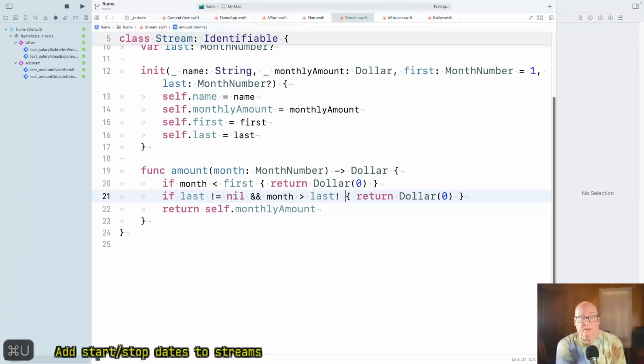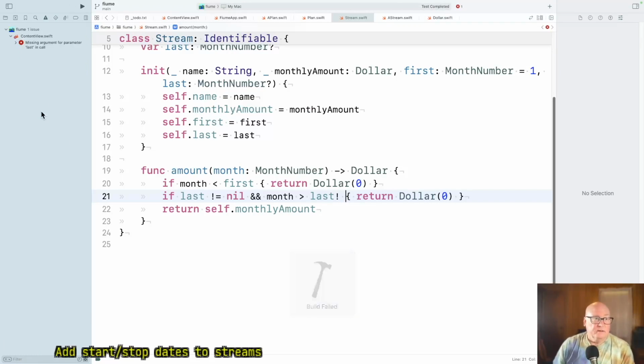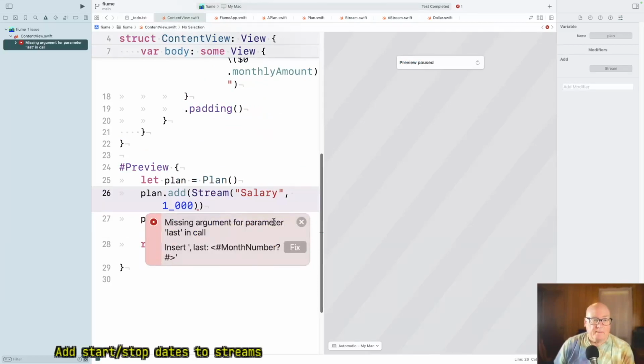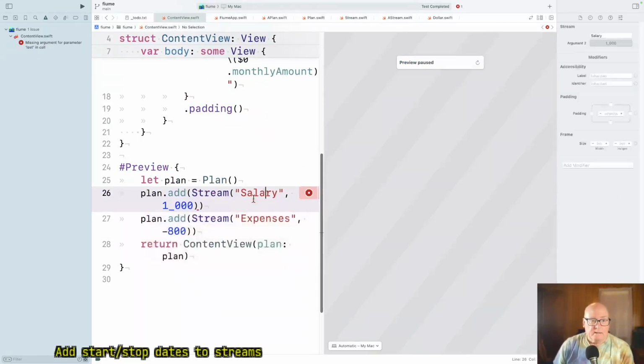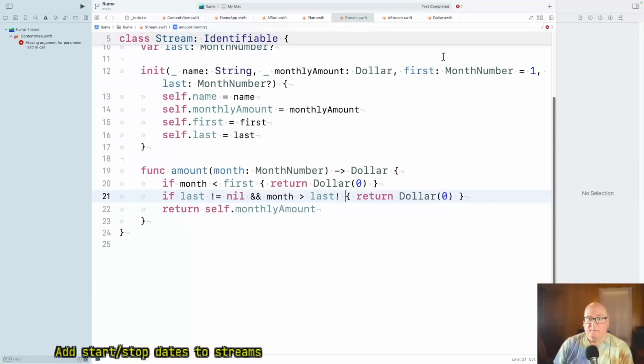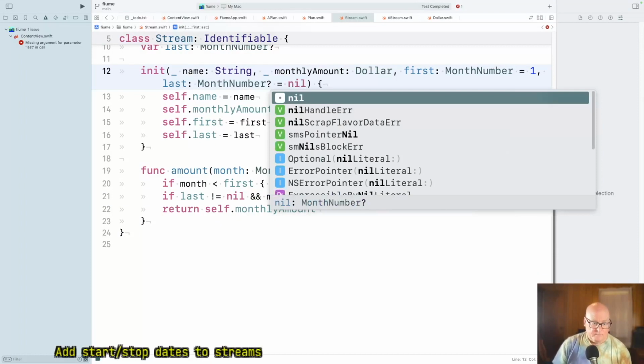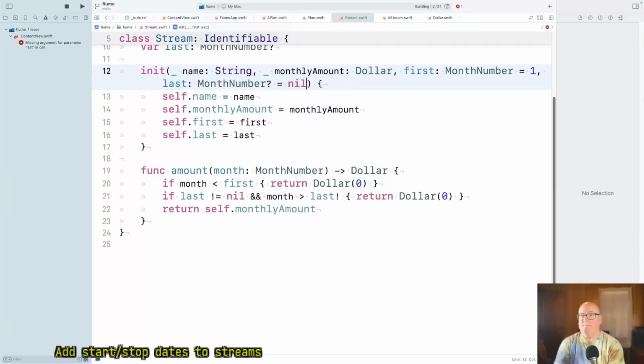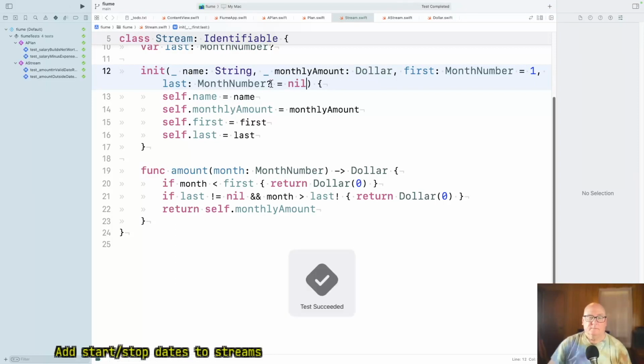Okay, I think that should be equivalent. Let's make that equal nil. Okay.